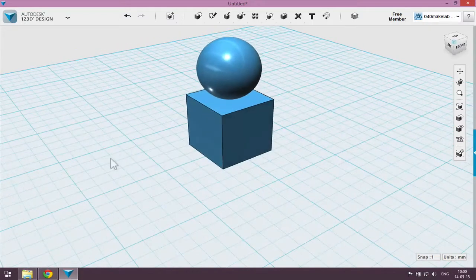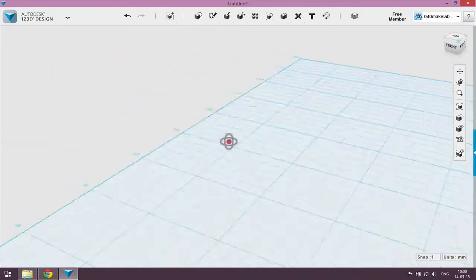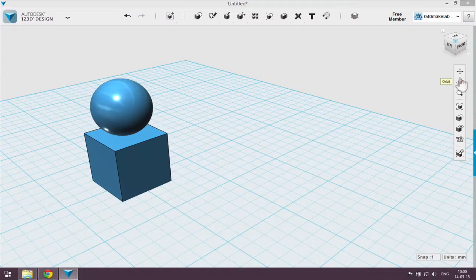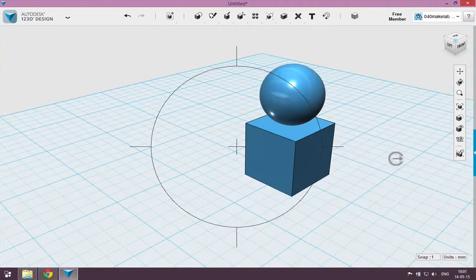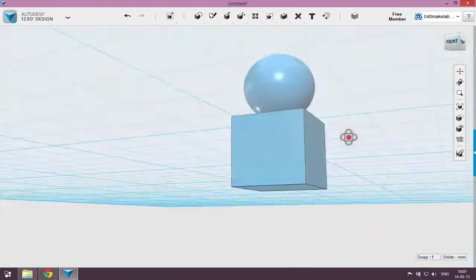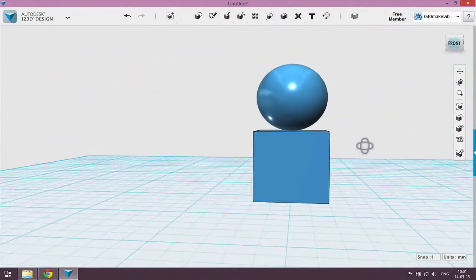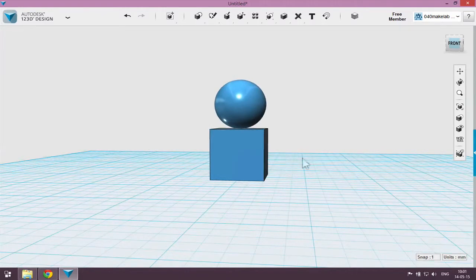If I now, oh no, it didn't work. Orbit, here we go, there. If I now press the right mouse button, I'm orbiting around that face I selected, because that's what I need. I want to